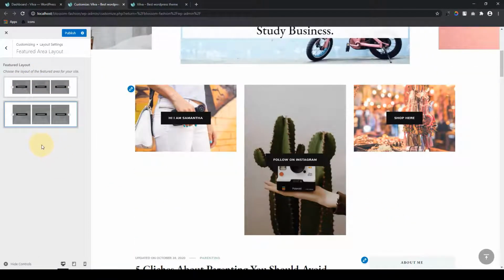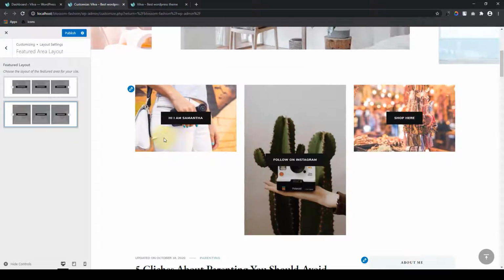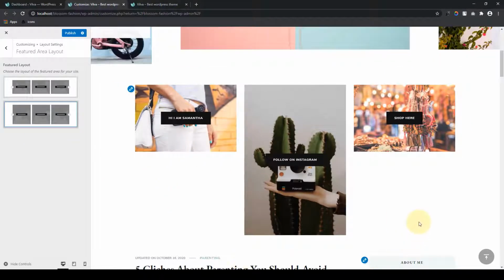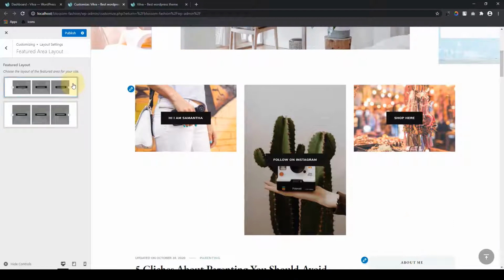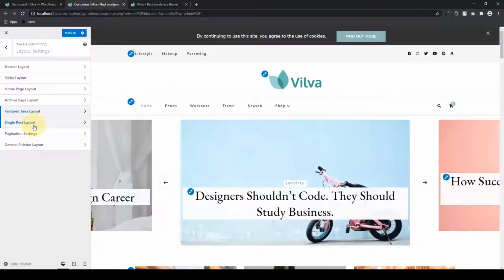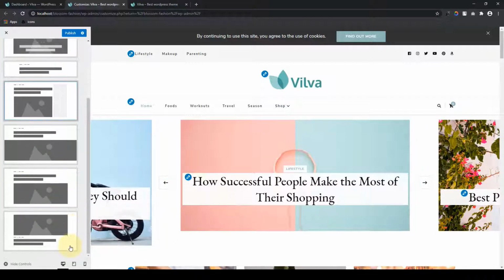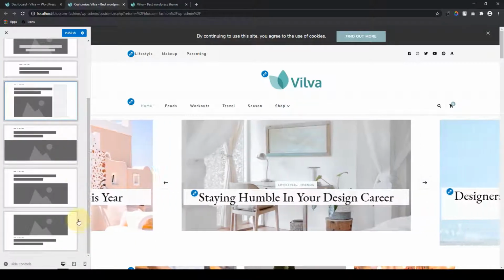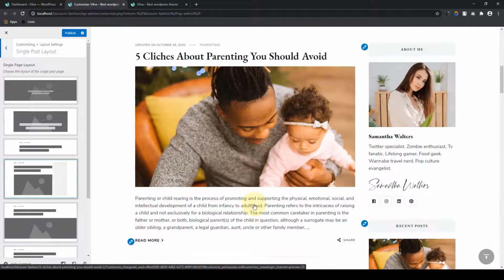And if you choose the rectangle box, the featured area boxes are going to be shown in a rectangular format. I'm going to go ahead and select the square one. Okay, let's get back, and under the single post layout we have 7 different single post layouts, and if you